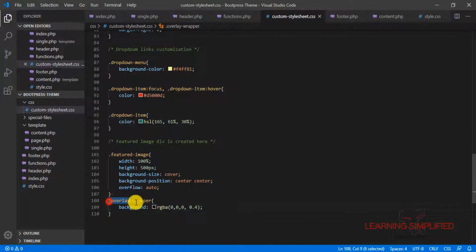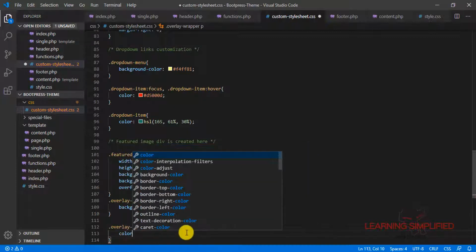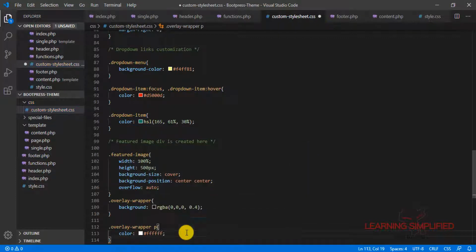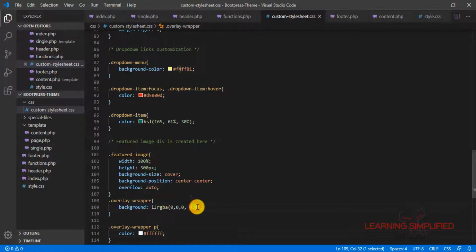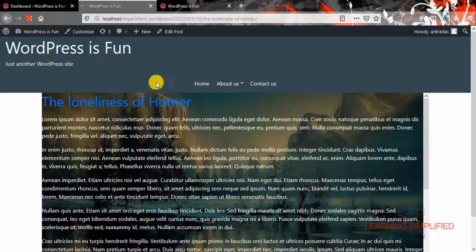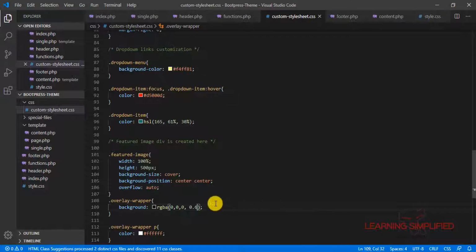Now in the next case, all we can do is just change the color property right into it. What about a little bit of enhancement here? There it goes.